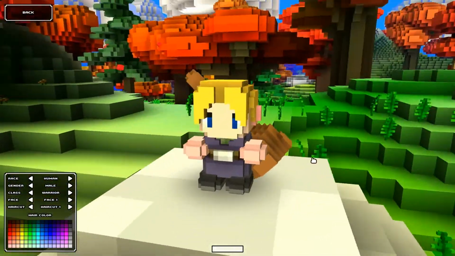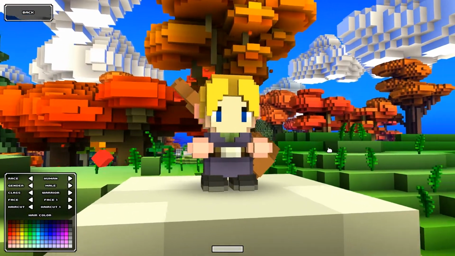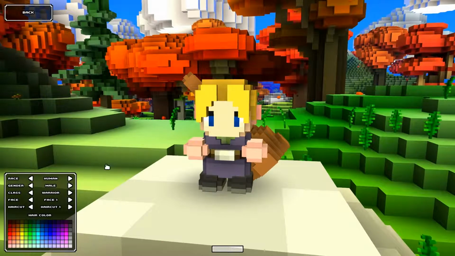Here's the character creation screen. I mean, check this out. Look at this. 10-year-old me would be peeing his pants. Look at this. All right, so here's